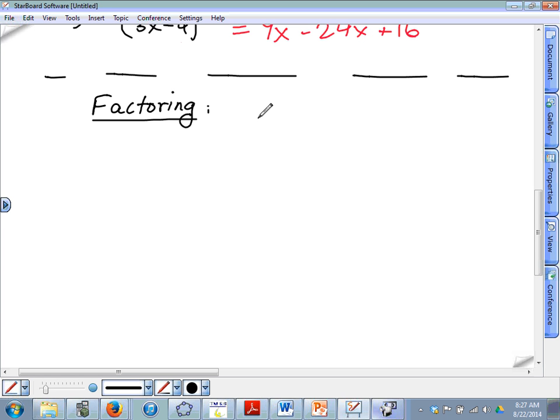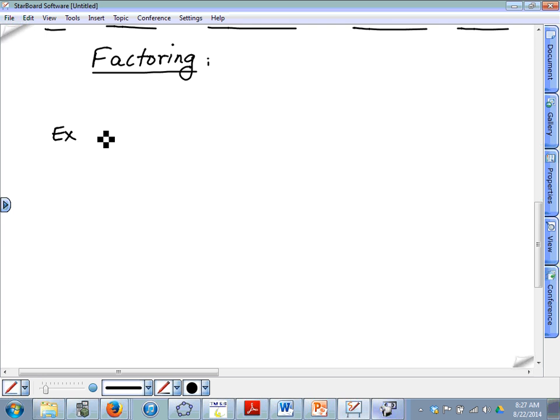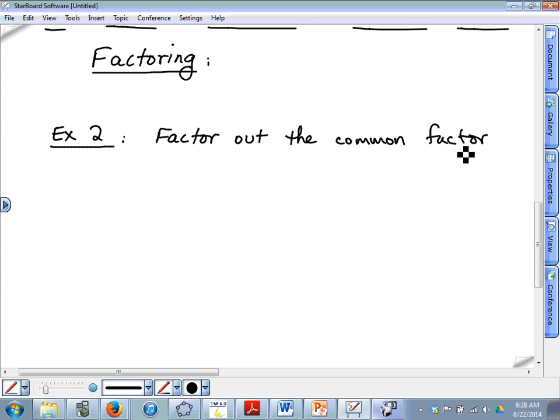All right. So there's different types of factoring we're talking about. We're just going to start out with something easy, factoring out a common factor. So here's an example. What example were we on? Only example 2. Wow. Factor out the common factor. So 8x to the 4th y squared plus 6x to the 3rd minus 2x